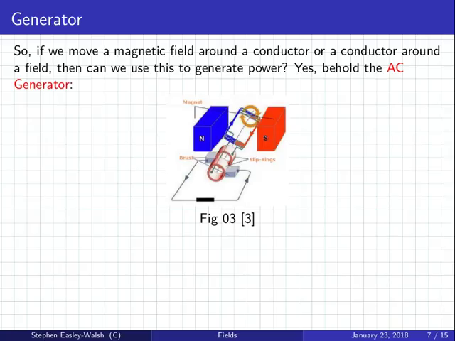So this is a conductor, and somebody turns this wheel. And this turning around is like if somebody took the magnet and turned the magnet around. So what do you get here? You get a current. Positive comes out here, negative goes in here,